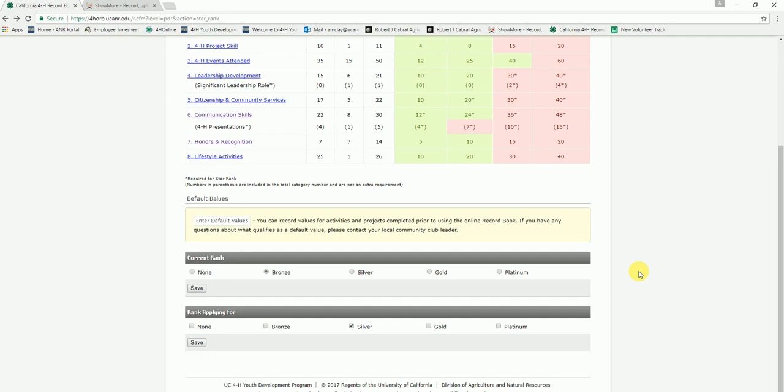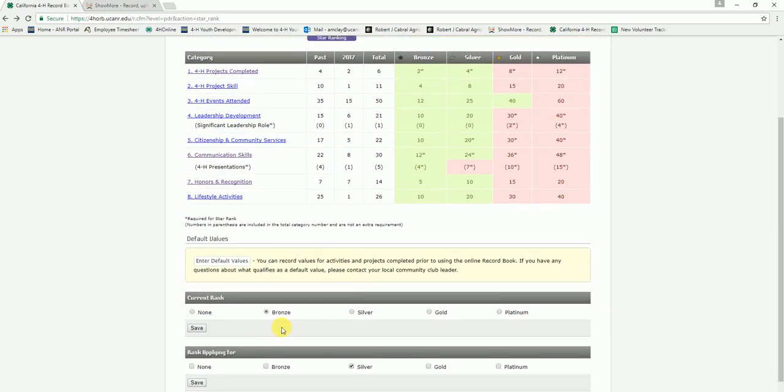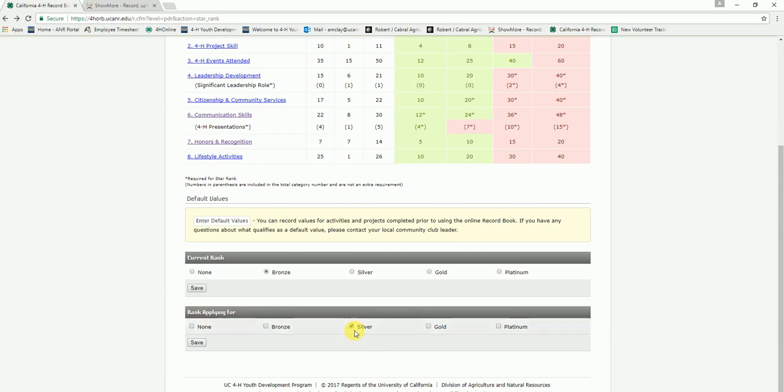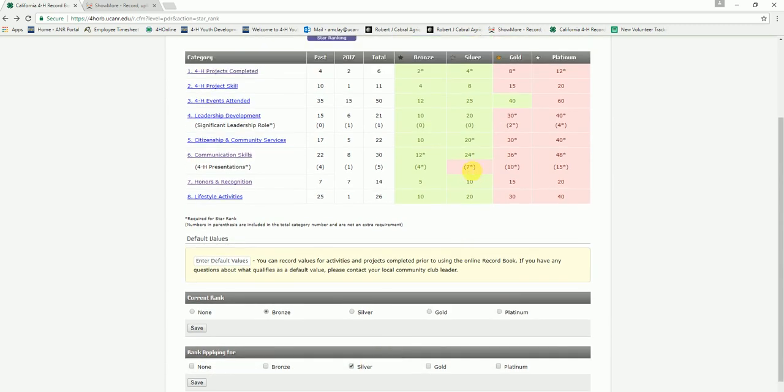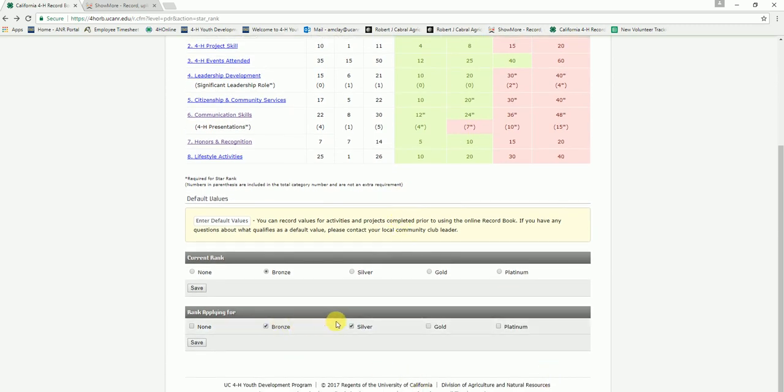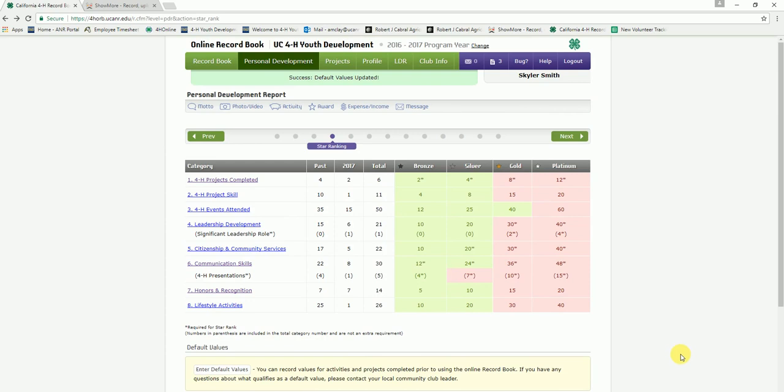All right, and then at the bottom, it will let you record what your current rank, if any, you have for your star rank. So if you don't have any star ranks yet, you would just click none. In this profile, I'm pretending that I already have my bronze star, and that I'll be applying for my silver star, though I'll need to get a few more 4-H presentations to be approved for that. But you can always change what you're applying for. Like maybe I did a ton of stuff and I want to apply for my gold. But for now we'll leave it on silver. So that is the star ranking section of the PDR,